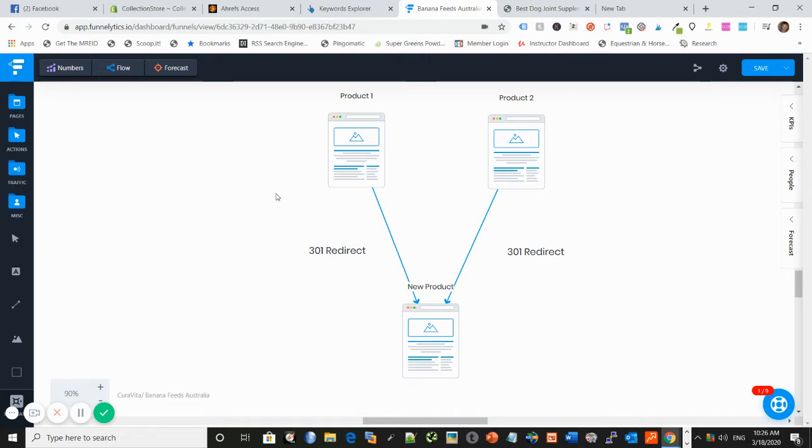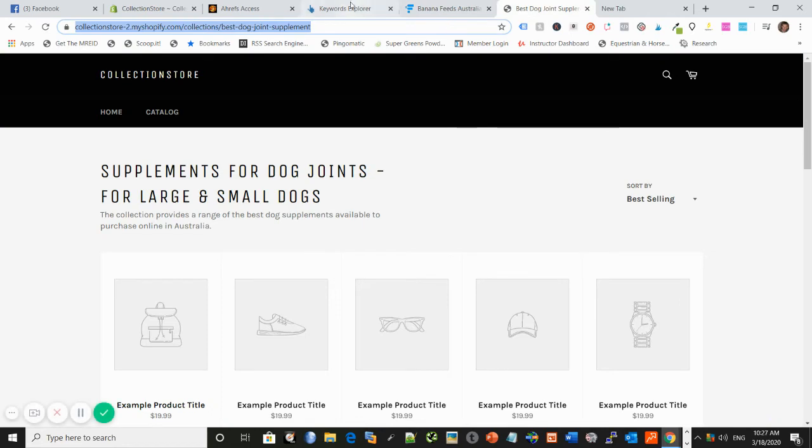Now, anytime you're doing a large number of 301 redirects or changing the structure of your store or your site significantly, more than likely there's going to be some fluctuations in traffic and changes, and some traffic will drop off. You'll pick up traffic elsewhere. But if you do it correctly, with all the things I've spoken about, generally you can maintain that traffic, and if you do it well, you can generally increase the exposure you get within Google. So now we'll go over to